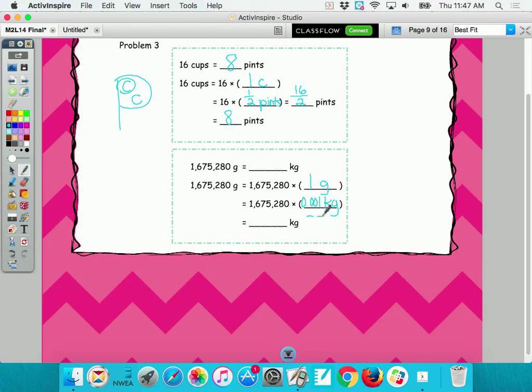How many place values to the right of the decimal? 3. So how many backwards hops? 3. How do you say the answer, Ella? 1,675 and 228. Good. Could you have written 280 thousandths though and been right? Yes. Okay, good job. But you don't need the